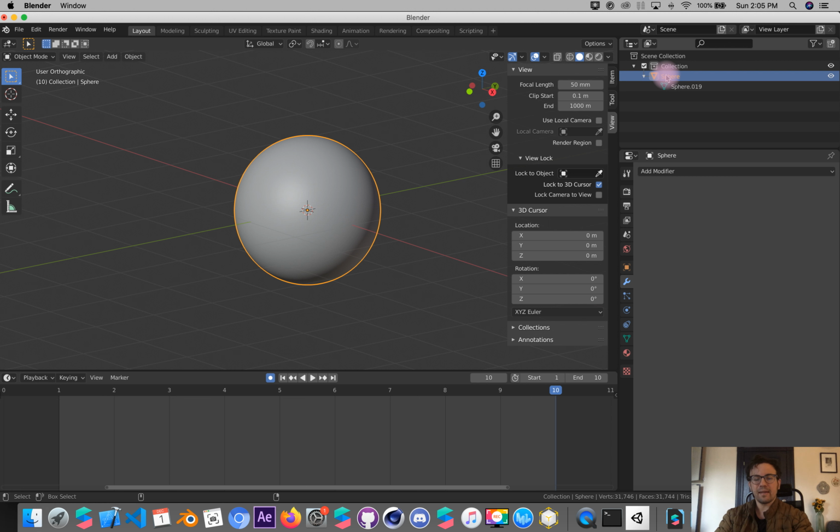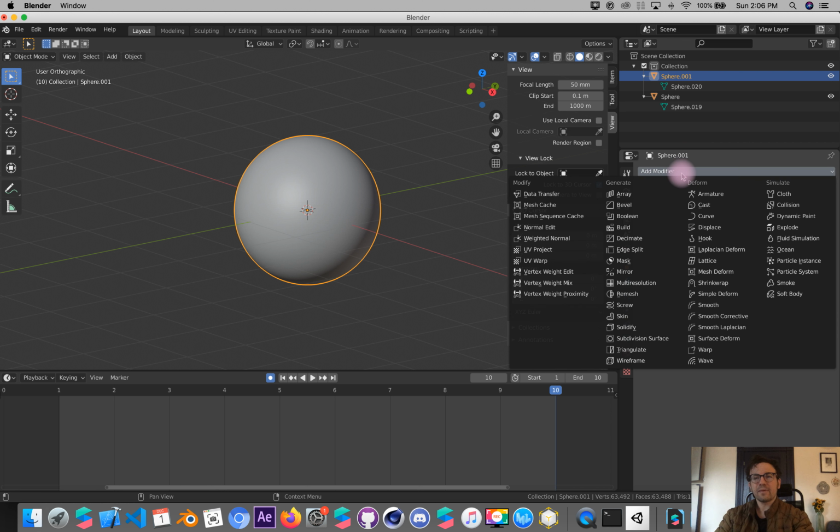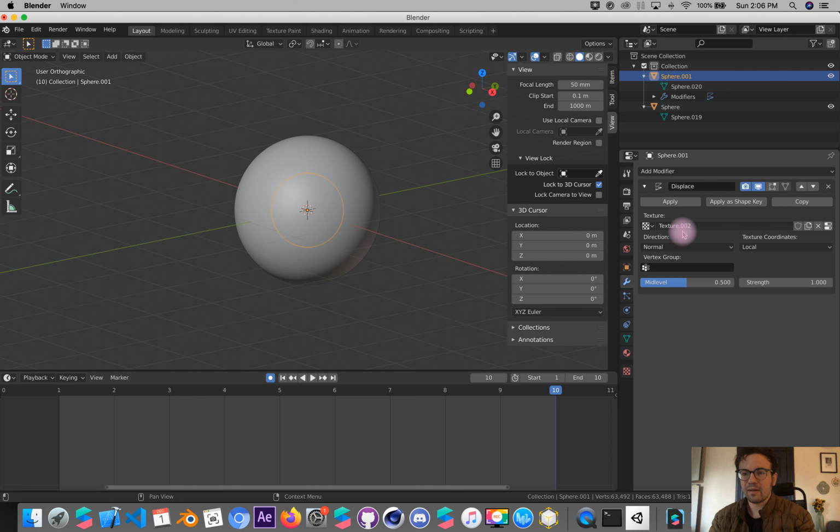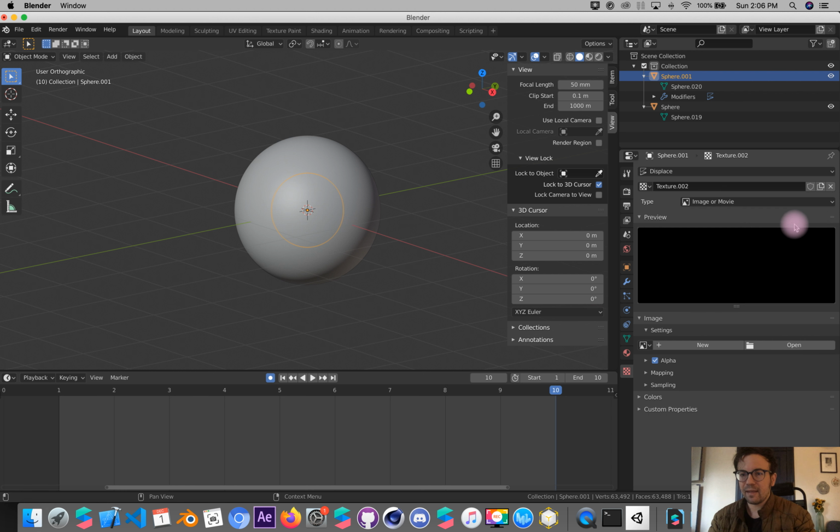And let's go ahead and Control C, Control V. So we're going to copy that object and paste it into the scene again. Then in our new object, we're going to add another modifier. That modifier is going to be a displace modifier. I'm going to press Add for new texture and click on that little